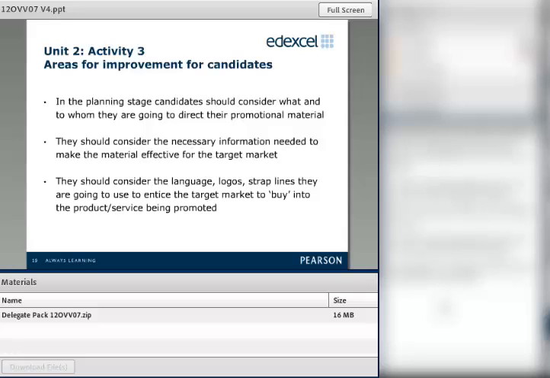Now, this is a difficult area. You can help them to some degree, Jem, but you cannot keep marking it and then send it back and then go back. When you're looking at it in the controlled assessment environment, they can talk to one another. You can talk to them and say, do you think you should be considering, do you think that you've considered everything there? But you can't really take it in, make comments, and then hand it back out again for them to do again. So you don't have as much leeway as you do have with BTEC.